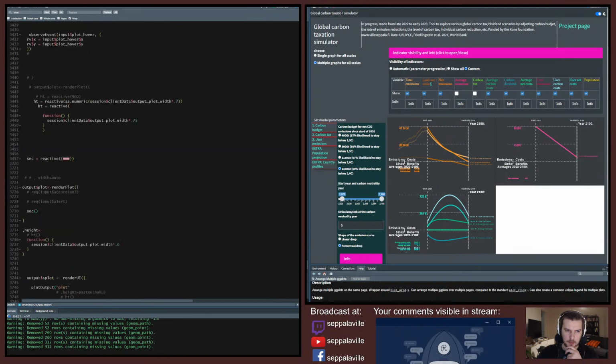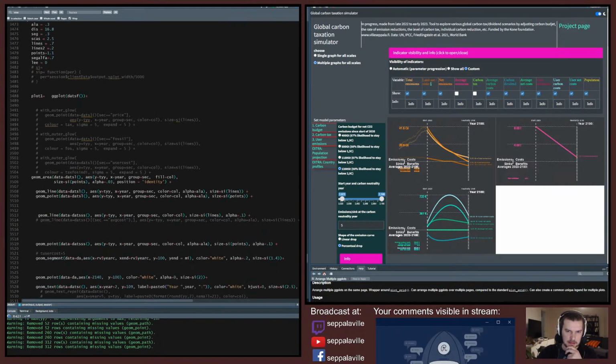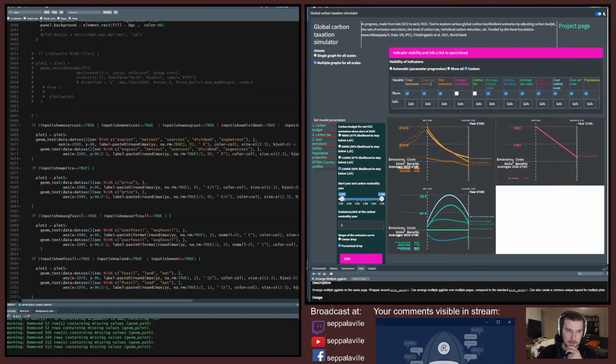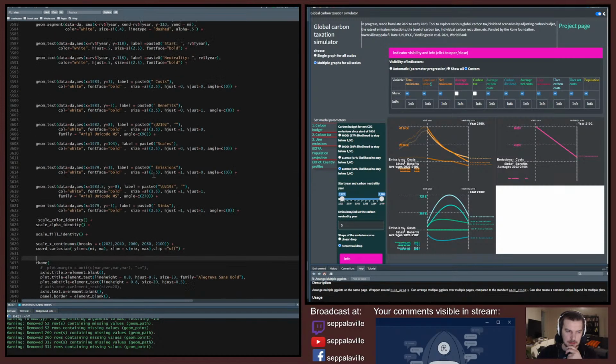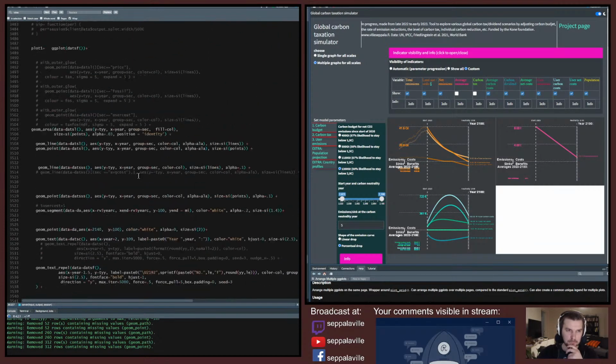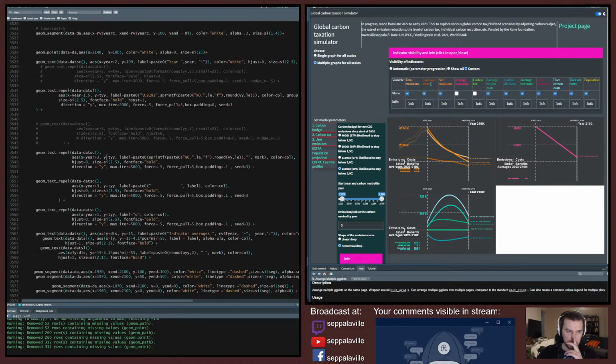Actually, where is my bigger graph? Okay, it's here. Kind of minimized it. Yeah, here I've set this X lim, so that's setting limits. So I've used that kind of limit, but now I just have to